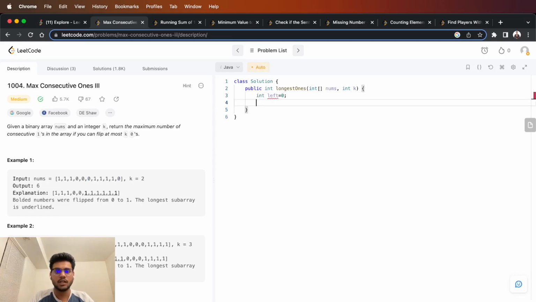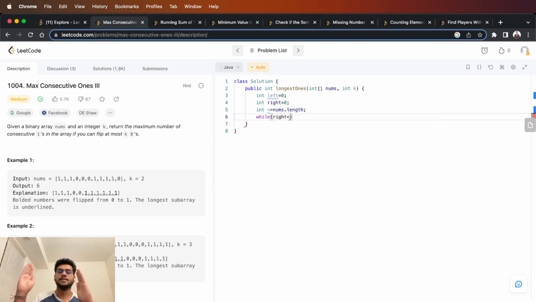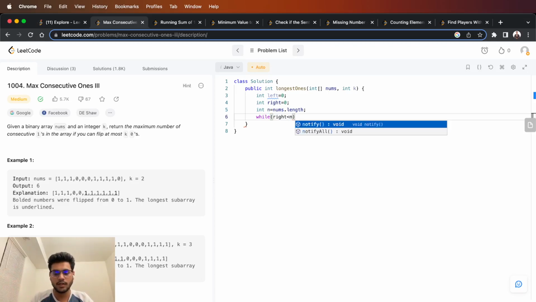I'll have a left pointer starting from 0 and a right pointer starting from 0. In terms of space and time, it will be O of n and you're not really using any space. I don't think you can do better than this. So left is 0, right is 0, while right is less than the length of the array, because once my right pointer reaches the end, that's the maximum length I can go for. There's no point in decreasing left because then that window is only going to get smaller. So while right is less than n,